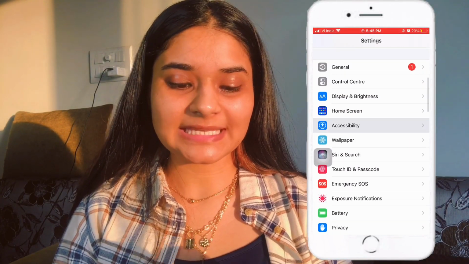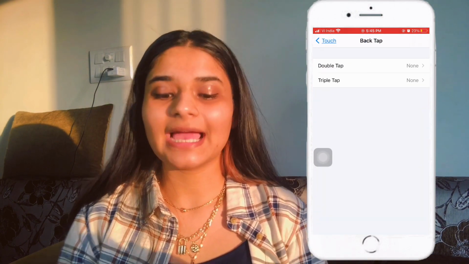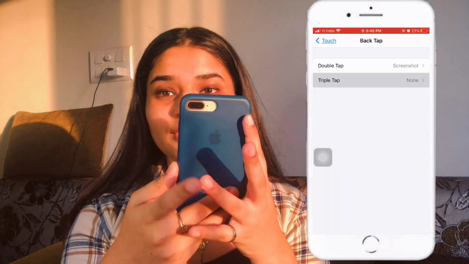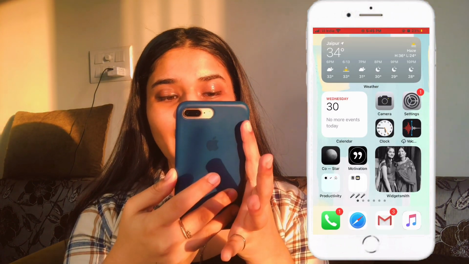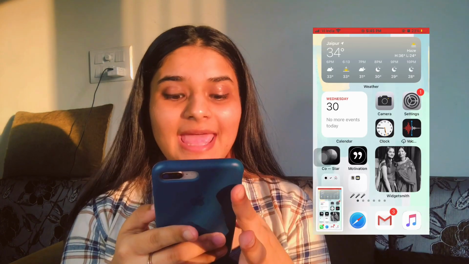So this really cool thing that I like about the new update is that if I tap twice on the back, it clicks a screenshot, and when I tap it 1, 2, 3 times, it locks itself. I mean, how cool is that? My phone is locked. So I love this. और ऊपर से और भी बहुत सारे cool updates हैं, जैसे कि Siri और वो कॉल वाला तो obviously सबको पता ही है. And I think it's so cool. I love it. And और कुछ बोलने के लिए है नहीं.